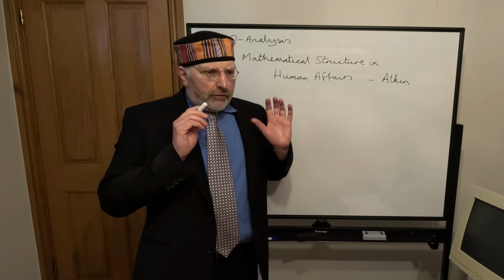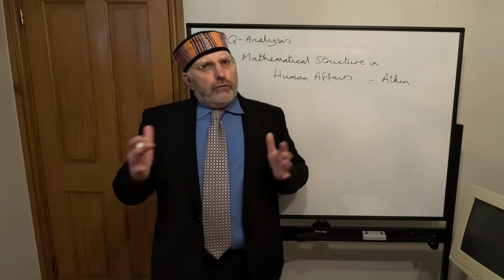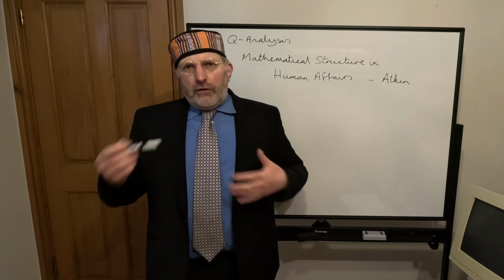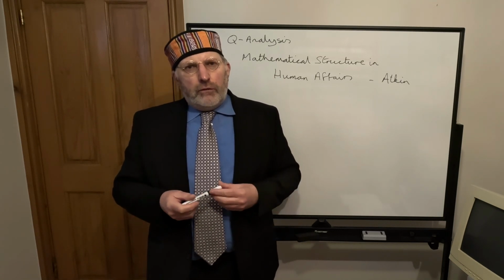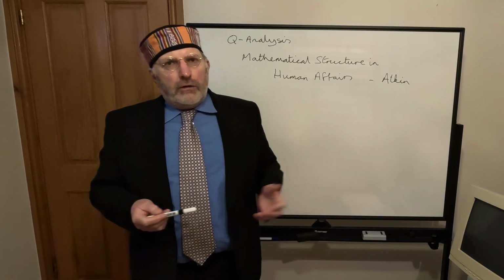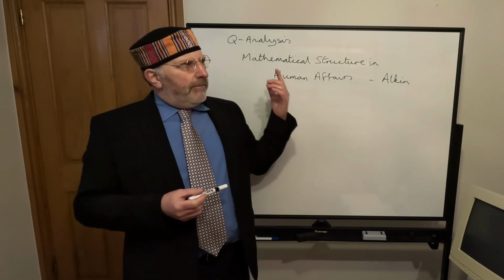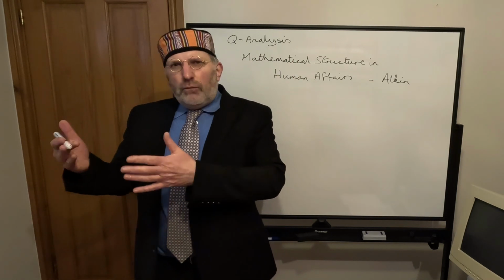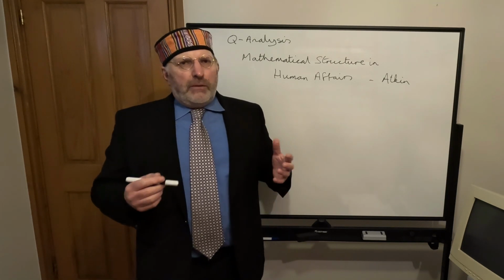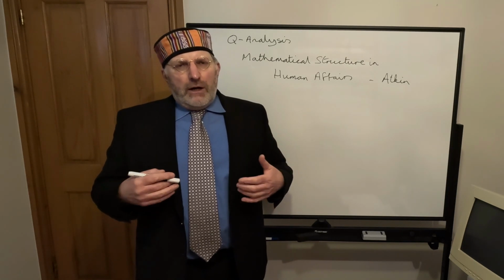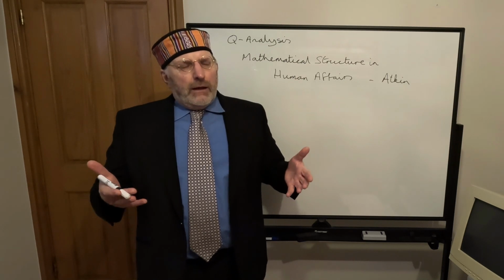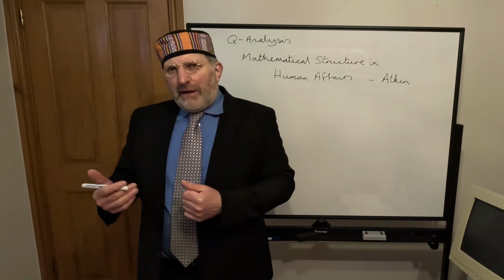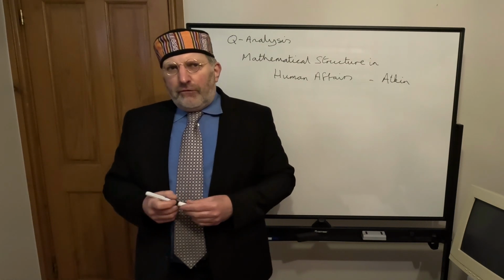And of course, political systems and political decision making is a very important part of history and how societies evolve. So it certainly seems to have some relevance to the kinds of issues that we will come across in theoretical history. But that said, Q analysis isn't really something that has taken off or been widely adopted. And I think that's because the conclusions coming out of it at the end of the day are rather underwhelming. The mathematics is quite complex, and yet the practical value that comes out of it at the end of the day is difficult to discern.